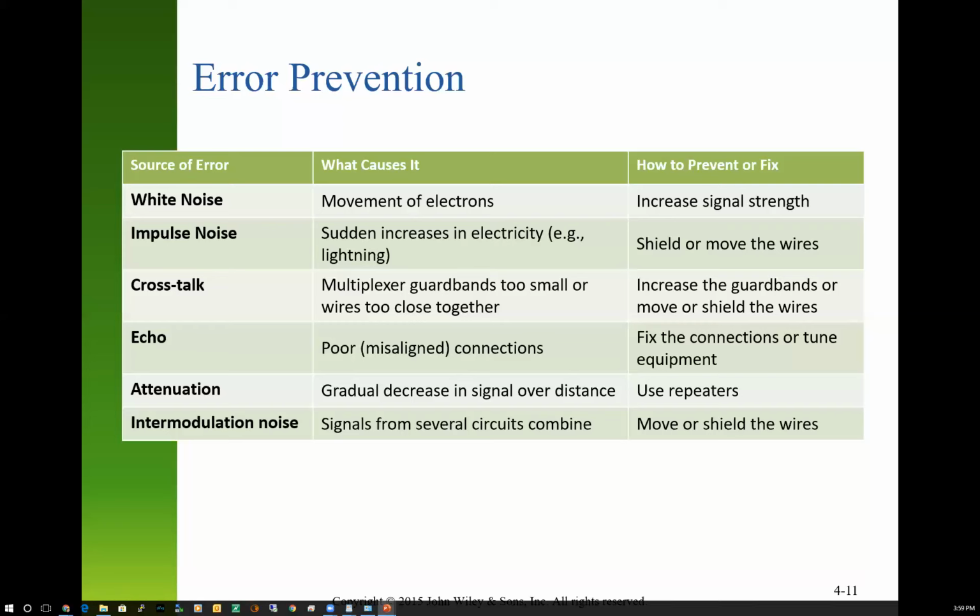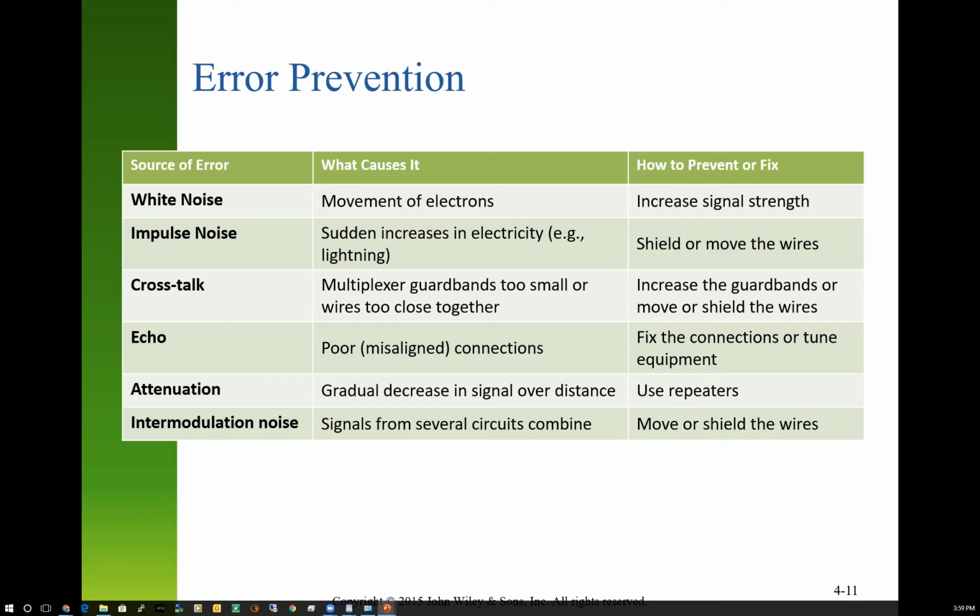It's very obvious on wireless networking. You can physically see it happen if you use a Wi-Fi analyzer, or if you're on your cell phone and you're driving out in the country and you drive away from a tower, you'll see your cell phone bars go down. So you use repeaters or put in more cell phone towers.